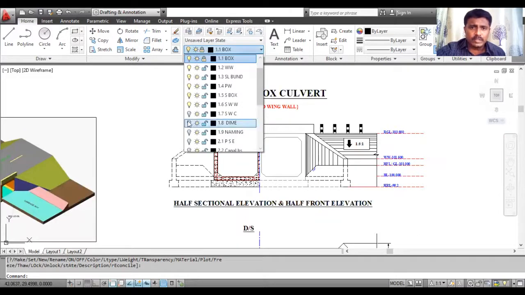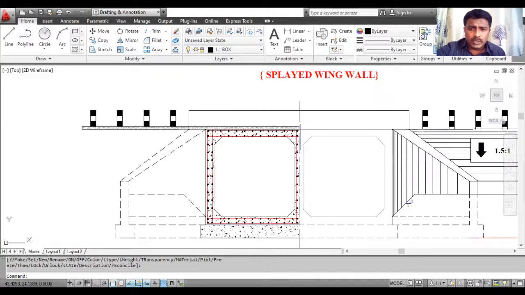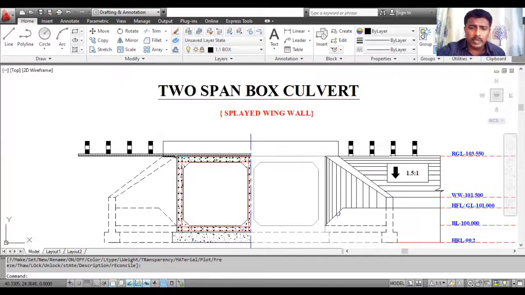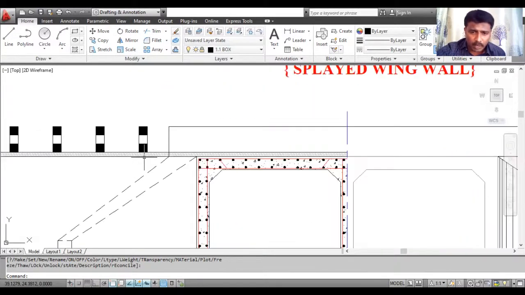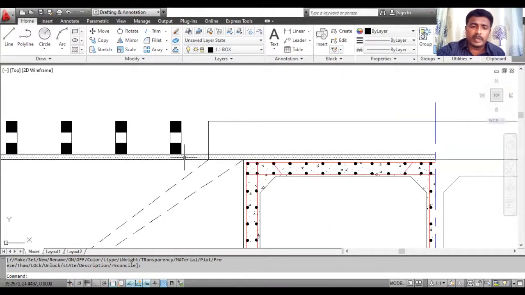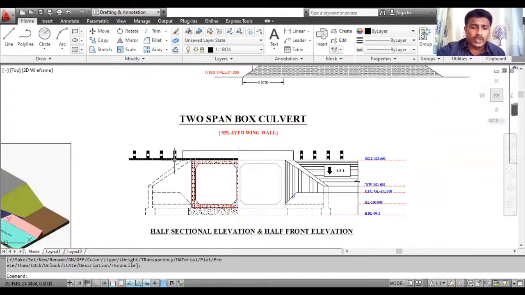So next, show the wearing course. So the thickness of wearing course is equal to 0.1 meter, that is given in your problem. So the top of the slab, parallel to that line you draw a horizontal line. The distance is equal to 0.1 meter. So the wearing coat may be bituminous or cement concrete. And also you have to show.